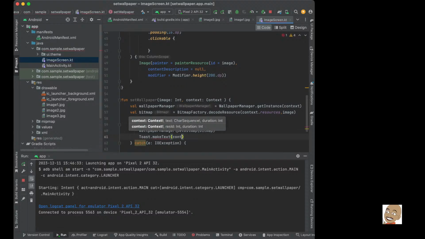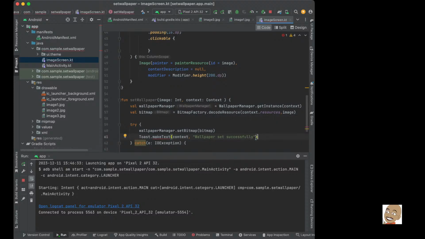So for the toast, we need a context as well, and then basically at this point, if everything is good, then we say wallpaper set successfully,